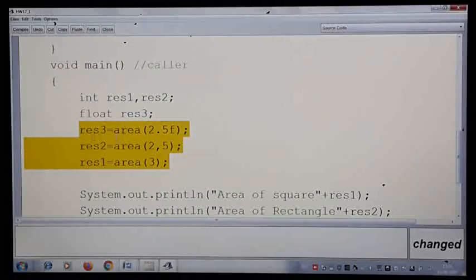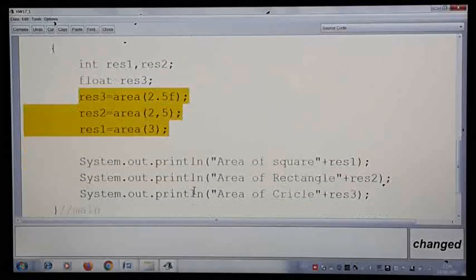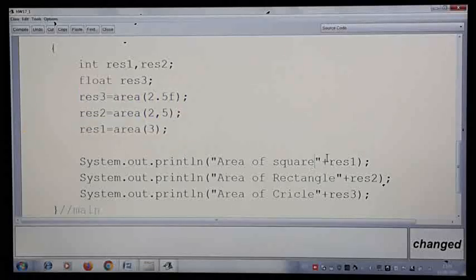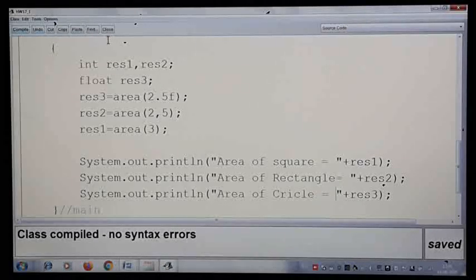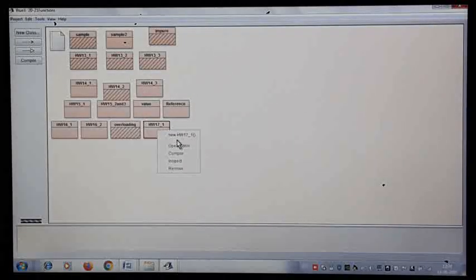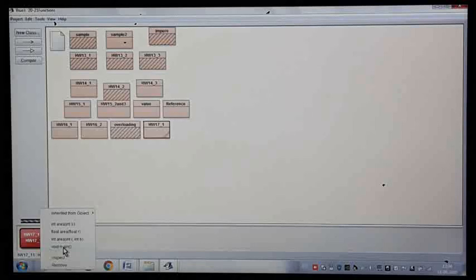And if you observe here, now I changed the order of invoking the methods, but you see the outputs. The output I am getting is square, rectangle, circle only. Let me correct these things also. Let us see the output now. I'll create an object now. Click OK. Right click on this. Again click on the main method.